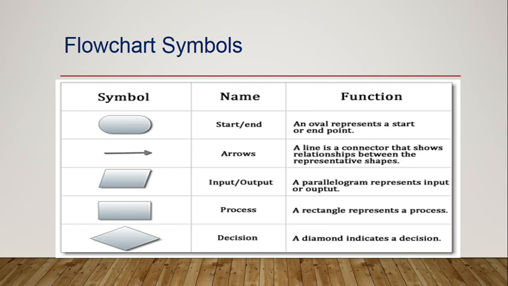So here we have used different symbols. When we are using different symbols, different boxes in the flowchart, according to this flow line, we can understand in which direction the logic of the program is flowing.